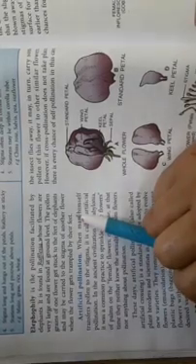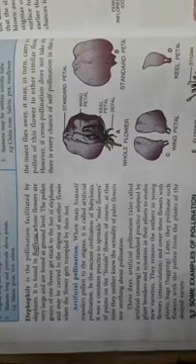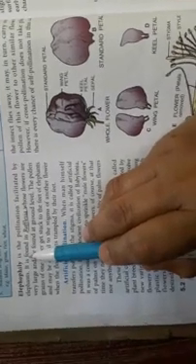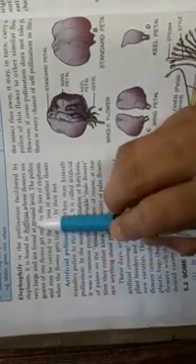So, 5 types of pollinating agents and types of pollination are described in your book. Which 5 types have you studied? First, insect pollination, entomophily, then wind pollination, anemophily, then water pollination, hydrophily, then bird pollination, ornithophily, and the fifth one is elephophily, that is pollination by elephant. You have to study one example of each. For elephophily, the example is Rafflesia. Fine. Then just again one recapitulation of artificial pollination.